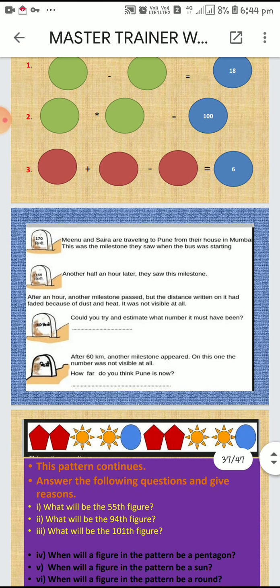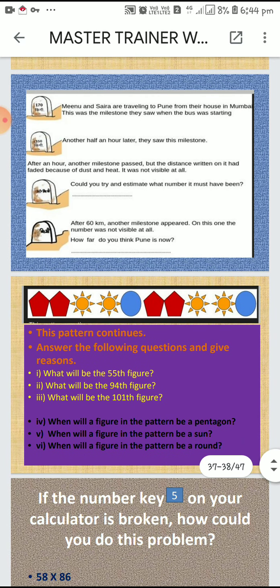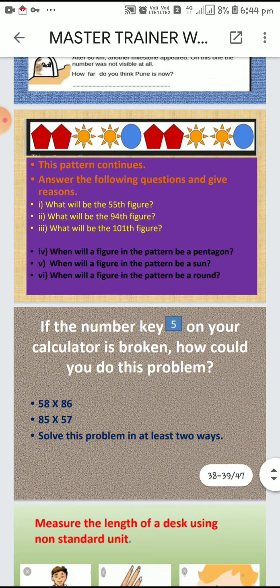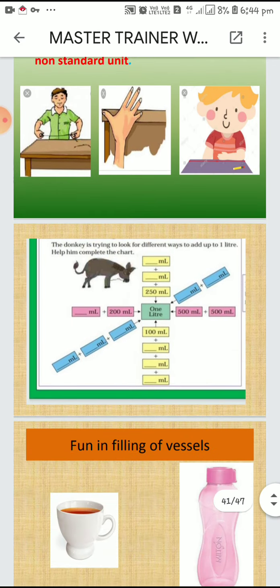So these are the questions. These two questions you can try also. This one 170 kilometer and this one pattern. These two questions you can try. And after that,